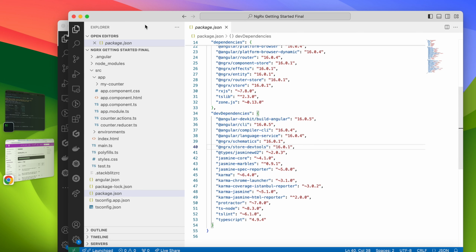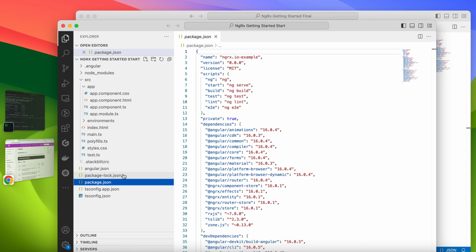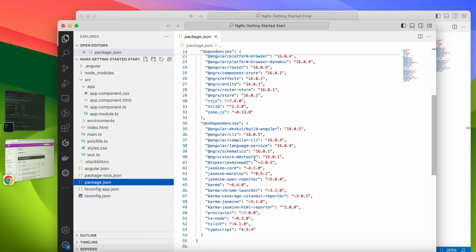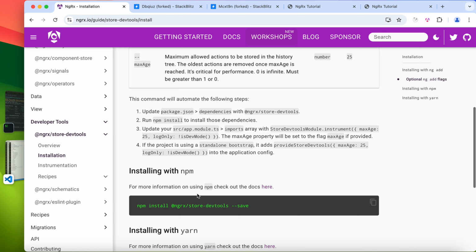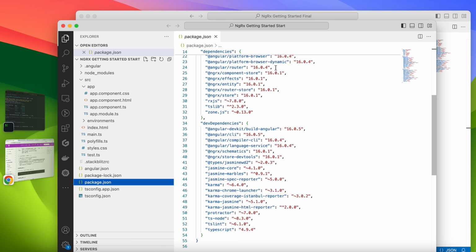They are already there, as well as in the starting point that you will perform the tutorial on, so we don't need that step. The only thing we need is to import the store DevTools module and add its appropriate configuration. So let's copy it and